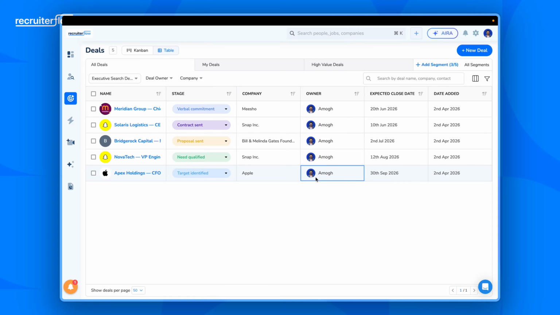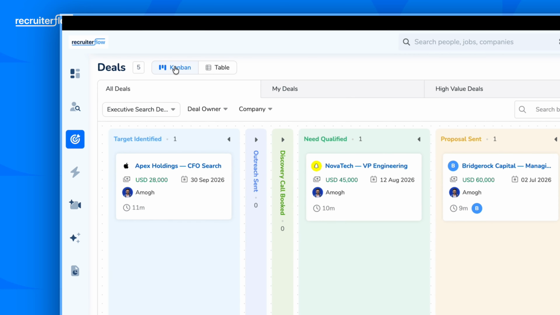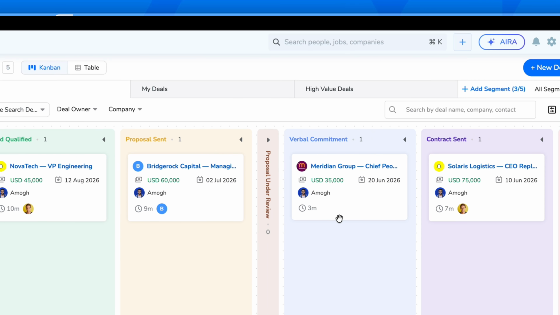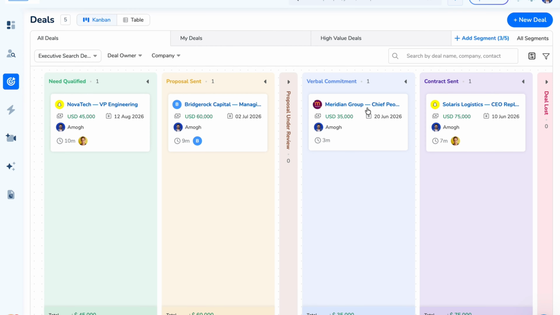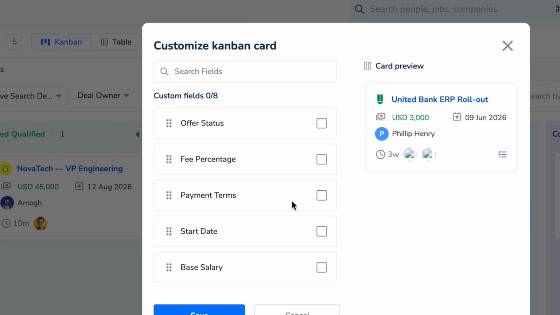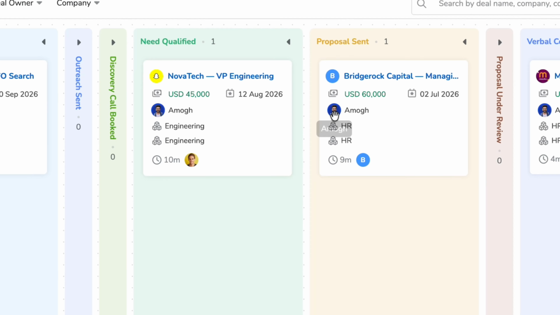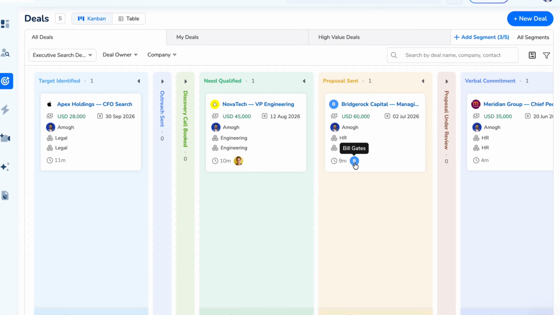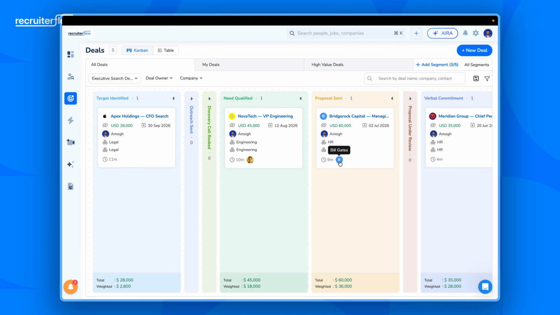Now, that being said, let's go back to the Kanban view. There is another customization option over here, which is what you see in each and every Kanban card. If you want to customize that, you can simply click on this customize Kanban option. You can choose up to 4 custom fields over here, and on the right side you'll be able to see the preview as well. For instance, I want the offer status, fee percentage, payment terms, start date, and once I click on save, all my data will be replicating that particular option for me. So instead of opening every deal to check where things stand,